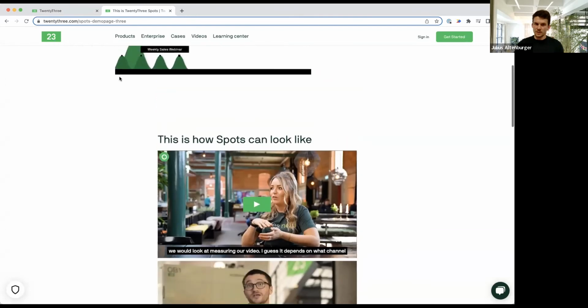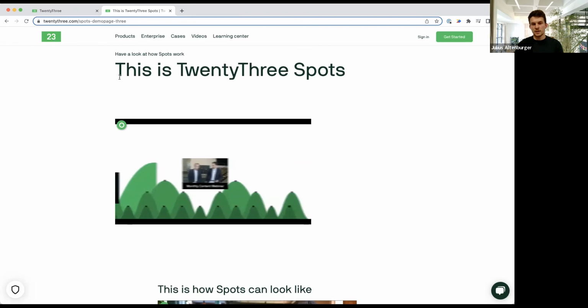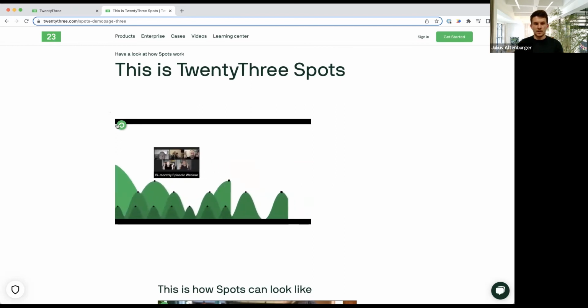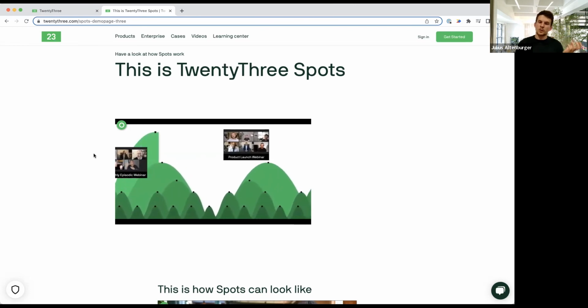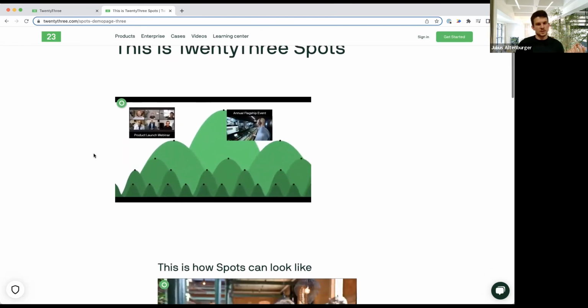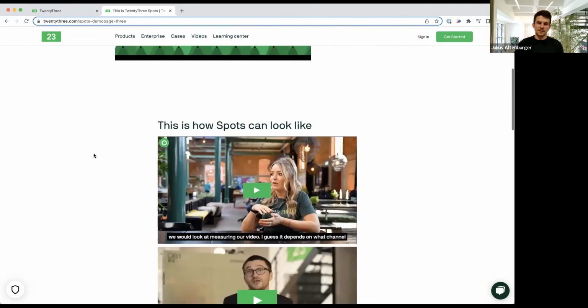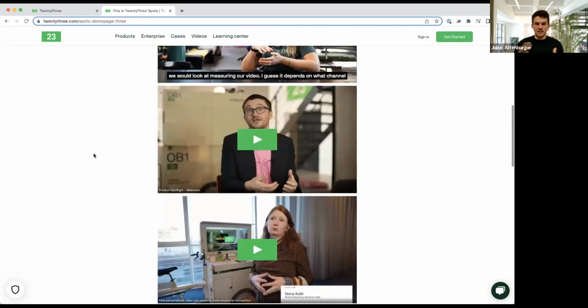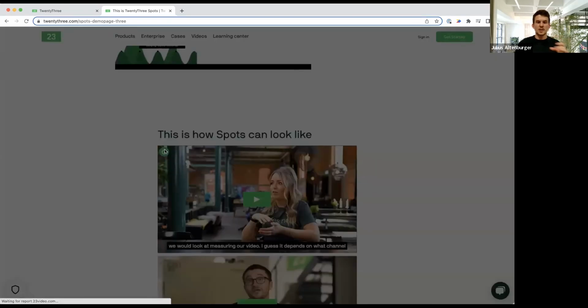To give you a feeling from the other side, now we are on an actual live website, and for already existing spots that can have very different forms, colors and representations, we could also say I want to change this.